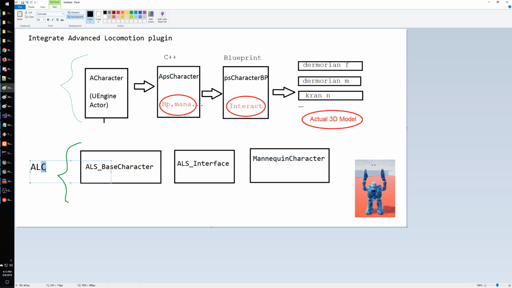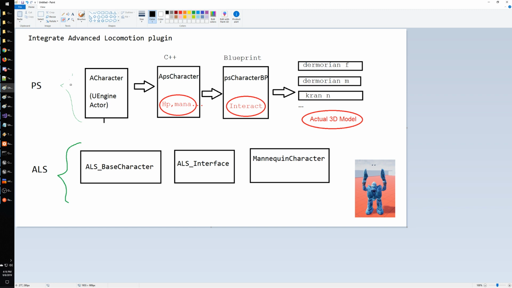Advanced locomotion system, or ALS. I think it's called ALS. So this is ALS. This is basically plane shift. Okay. Let me just remove this because I don't like it. So we need to understand which of those blueprints we need to move between